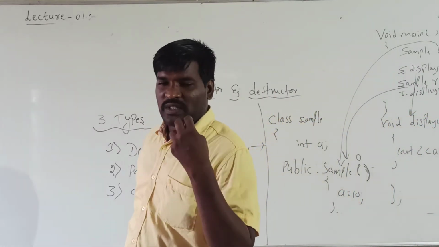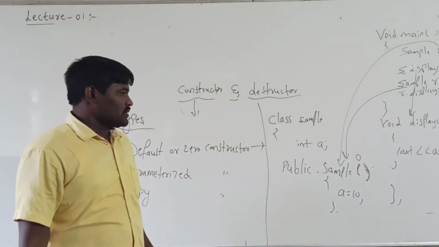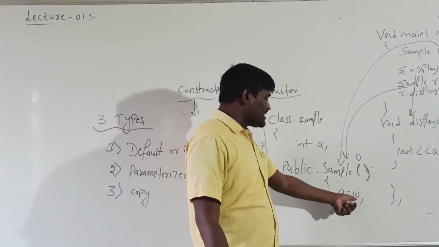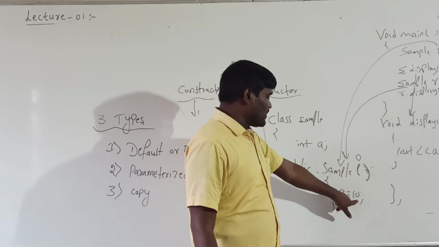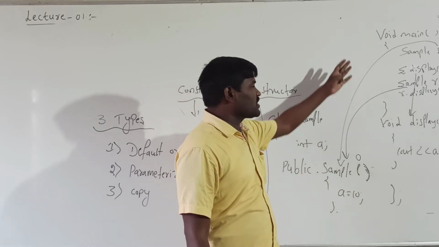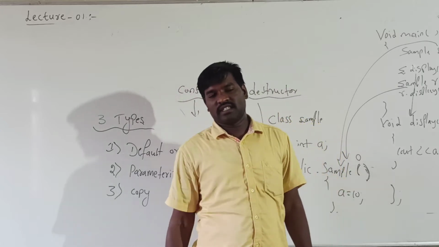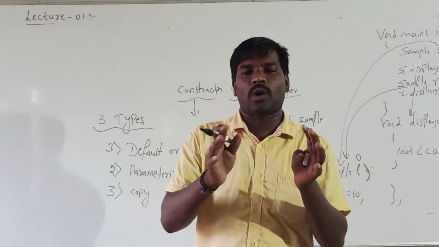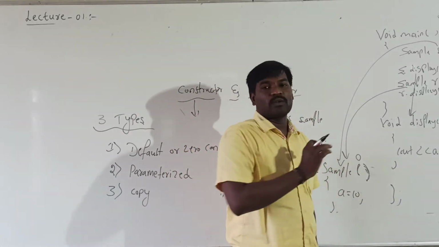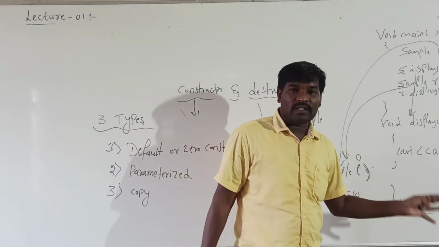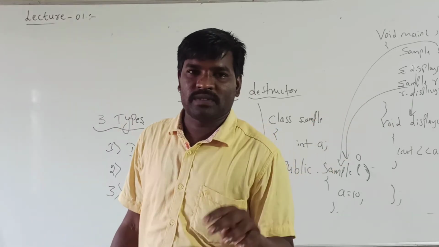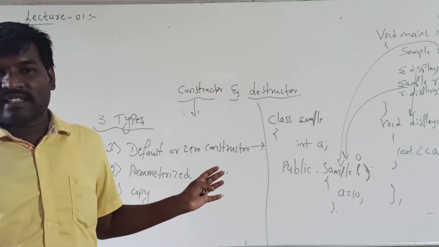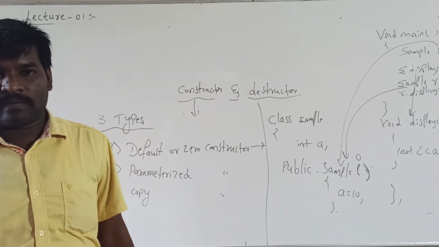So the feature of the default constructor is that whatever value is initialized is shared by all the objects. If I create 10 objects, all the values must be 10 only. Suppose you change the value of A, then again all the objects have the same value. Whatever you assign, that value is the object value.